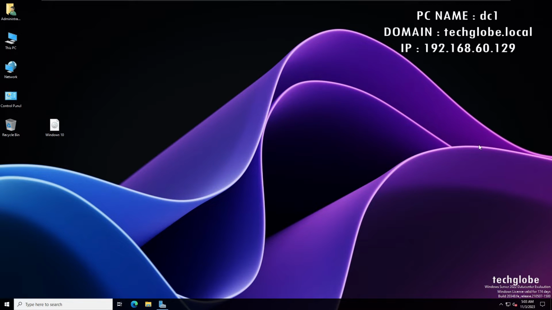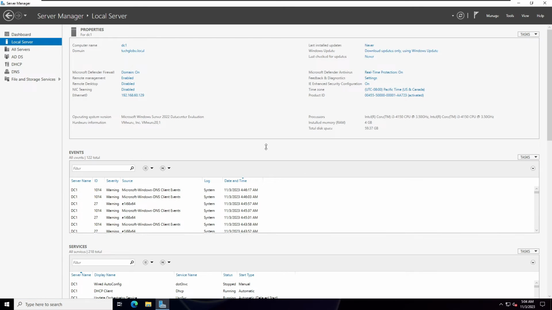In this demonstration, I'm going to install WDS, which is Windows Deployment Services. To do that, I'm going to select the Server Manager, and before the installation, make sure that your basic settings are applied on the server. So this is my computer name, DC1, and the domain name is techglob.local. And the static IP address is already assigned